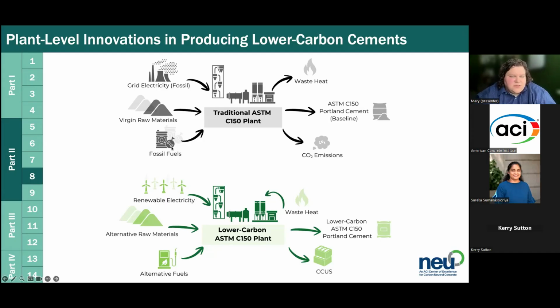Instead of fossil fuels to heat the kiln, you could use alternative fuels like biomass. Waste heat is usually actually captured, so it's probably not fair to show that as just leaving, but we could really make sure that we utilize all that waste heat. The kiln's cranking out a lot of heat, right? And with the flue gases, you end up losing a lot of heat if you don't capture it.